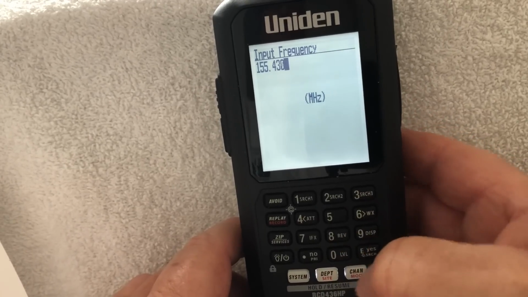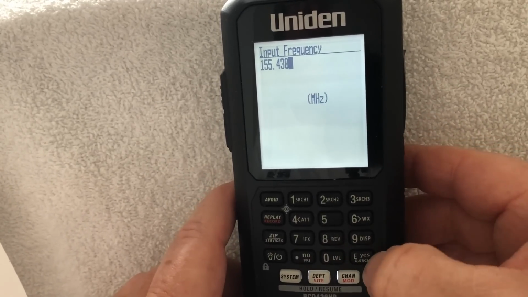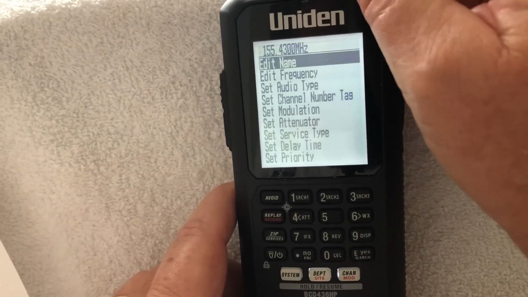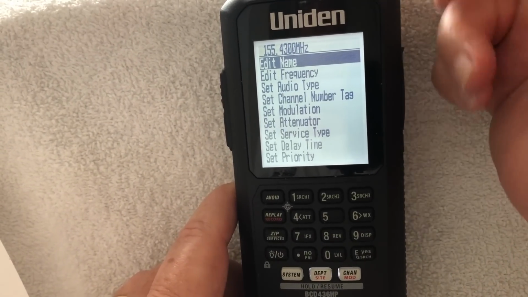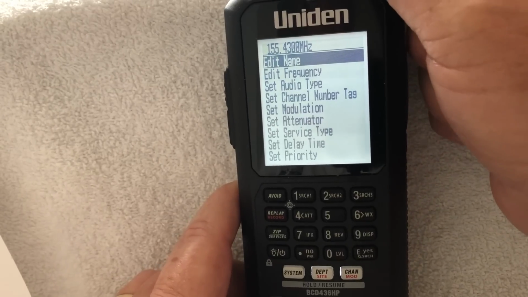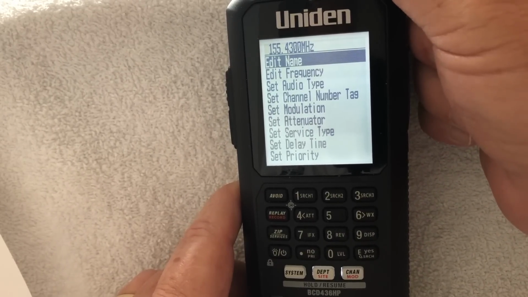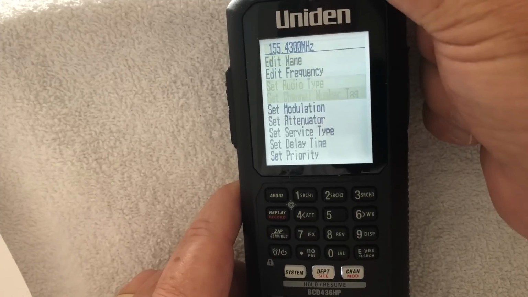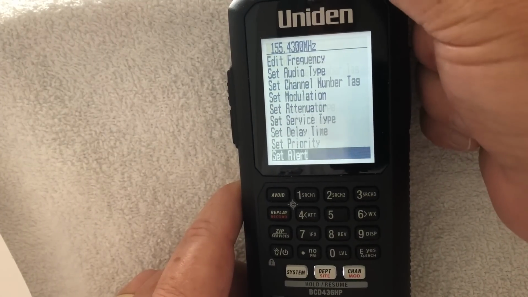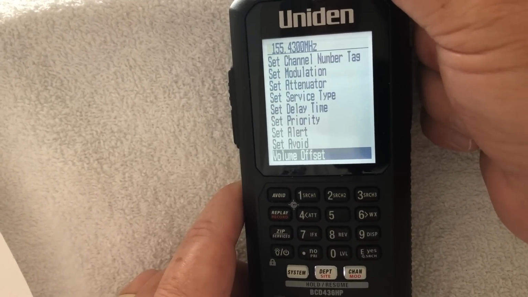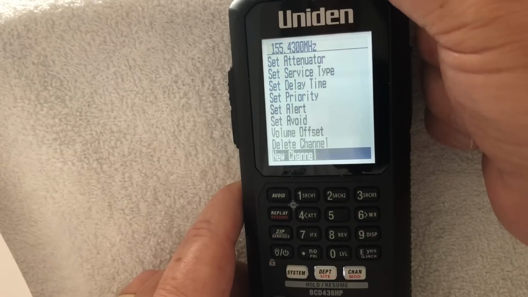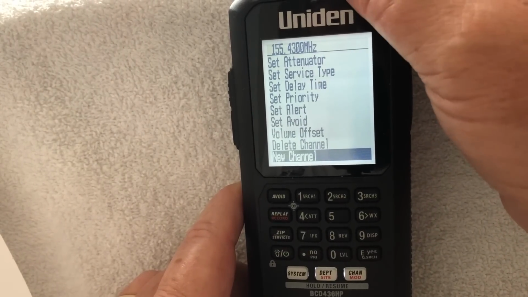Okay, and this is just like, you know, doing anything else, and you can edit the name, the frequency, and the modulation, and everything else, delay time and stuff like that. And you can even set a channel number tag on it, priority, alert, avoid, the volume offset, delete the channel, whatever. So now the very last one is a new channel, so we just want to add